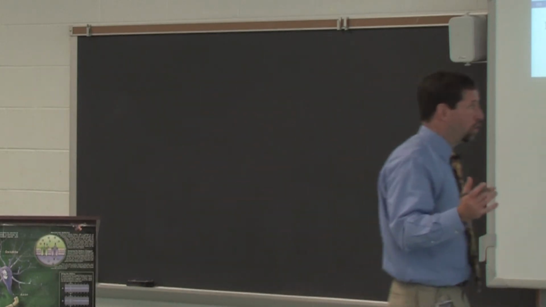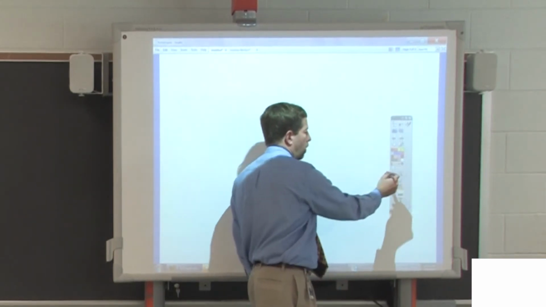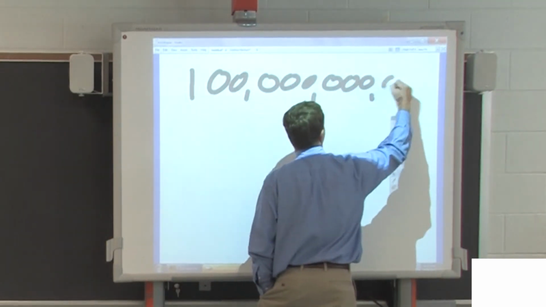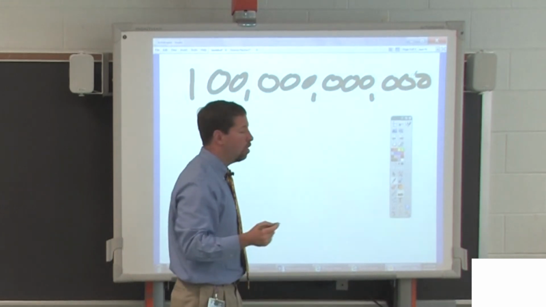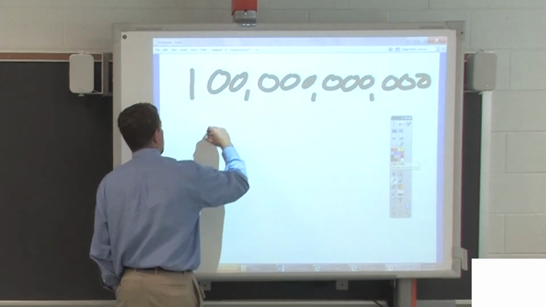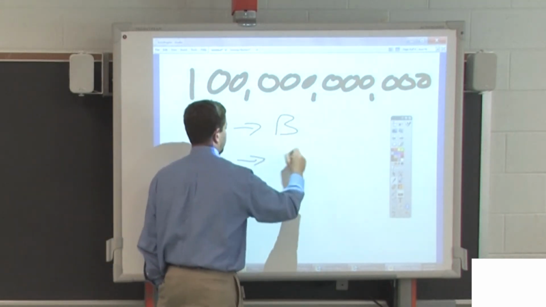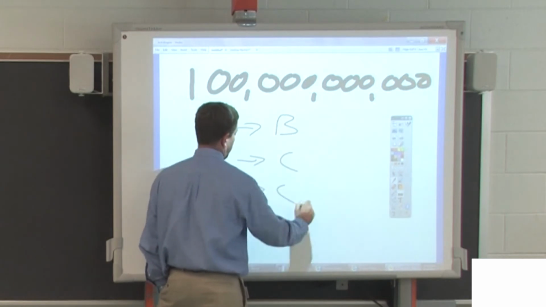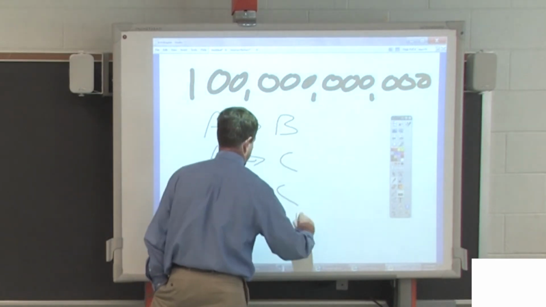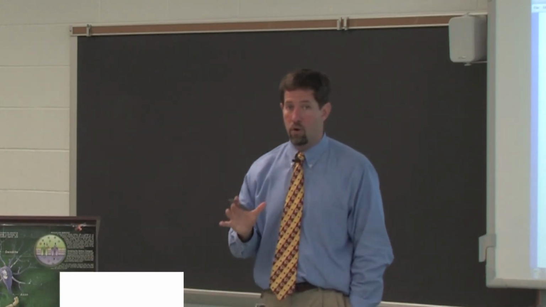Well, let me show you maybe why you should care. If we look at how many neurons there are, there are 100, I hope I get this right, 100 billion neurons. So if neuron A, I'm obviously simplifying this ridiculously, but I think you get it. Neuron A talks to neuron B. That's a thought. Neuron A talks to neuron C. That's a thought. B talks to C. That's a thought. Do this by a trillion. A talks to B, talks to C, talks to D. That's a trillion. But if D talks to B to C, you can see where we're going. 100 billion neurons.